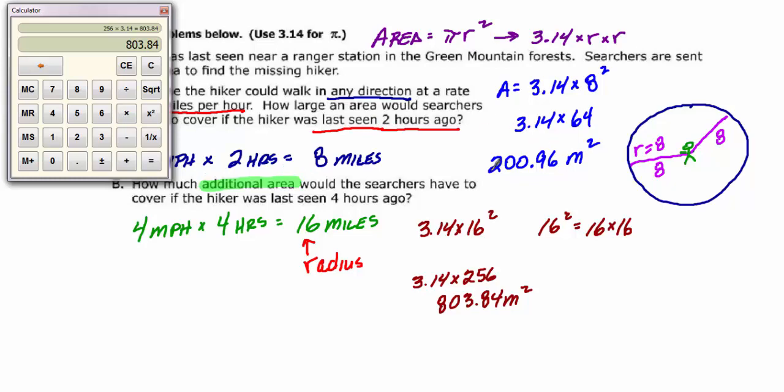So if the searchers, excuse me, had already searched this much, and somebody came back and said, oh wait, he's actually been gone 4 hours, they wouldn't search this again. They would search the extra. You know, the circle got bigger because there's another 8 miles here, because a total of 16 now. So they would search the extra, and that extra would be